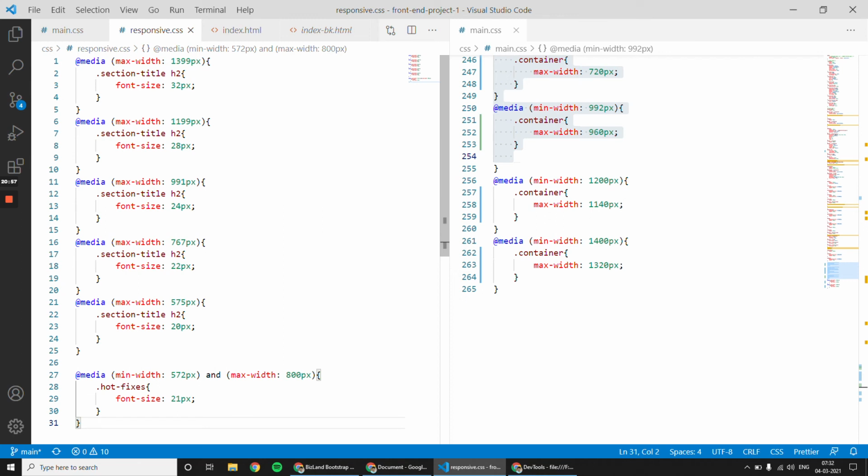This should be avoided, but sometimes it will be needed to write some last minute styles. At that time only you have to use this max-width concept. So this style will be applied when the device width is bigger than 572 and smaller than 800. That is how you have to write the styles.